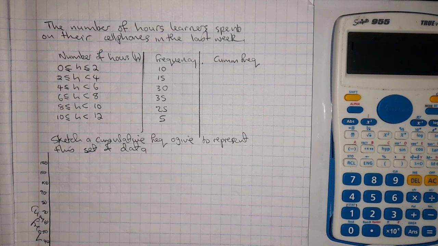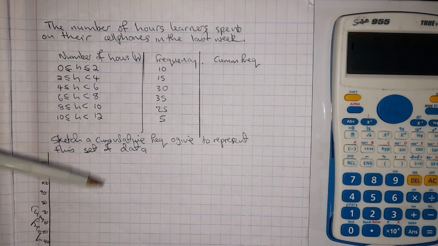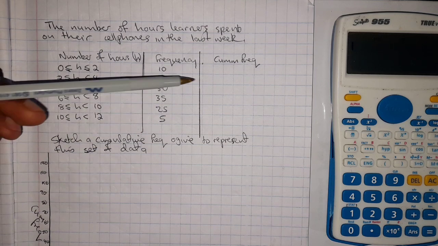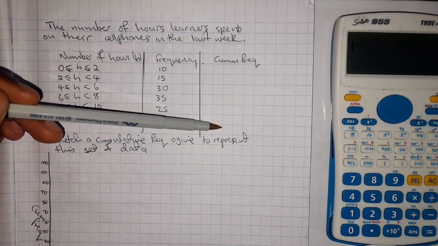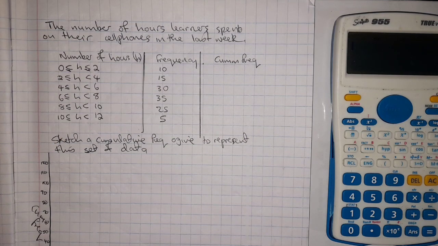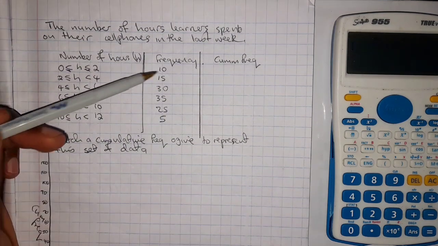Now, our objective here is to sketch a cumulative frequency ogive to represent this set of data. For us to be able to sketch a cumulative frequency ogive, we need to first come up with the cumulative frequency here. How do we do that? It's a matter of adding